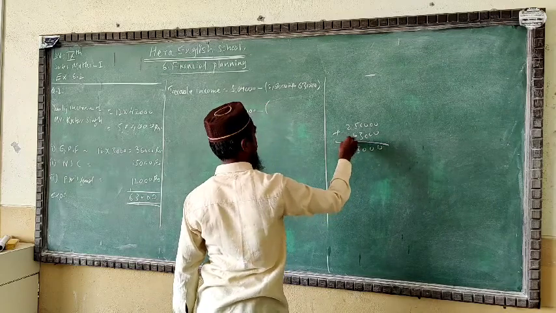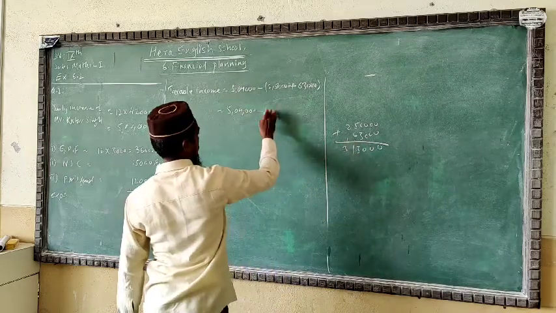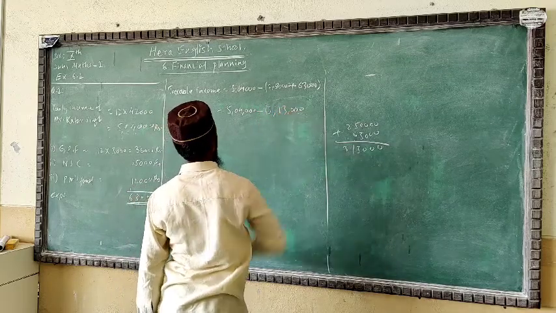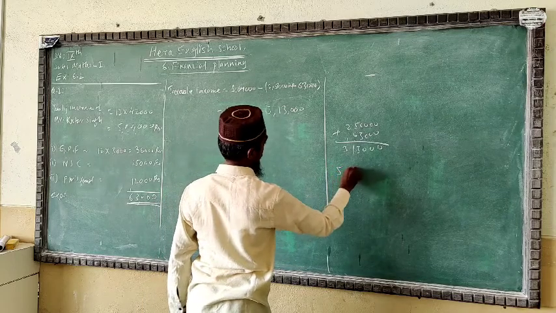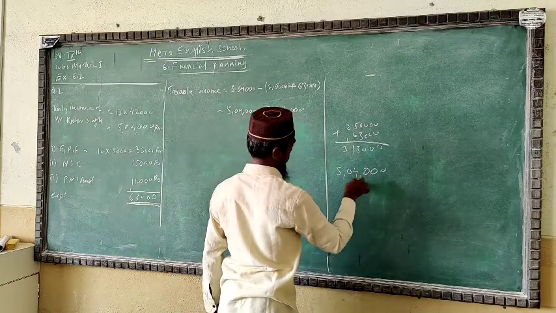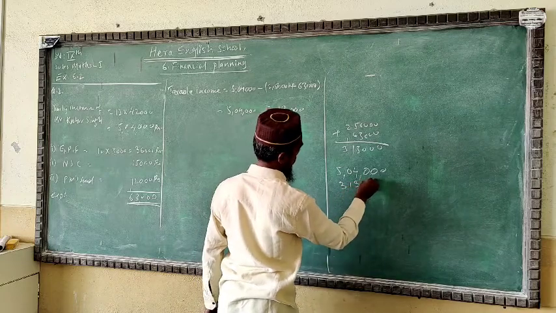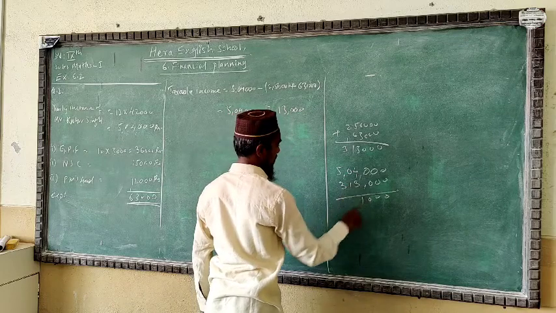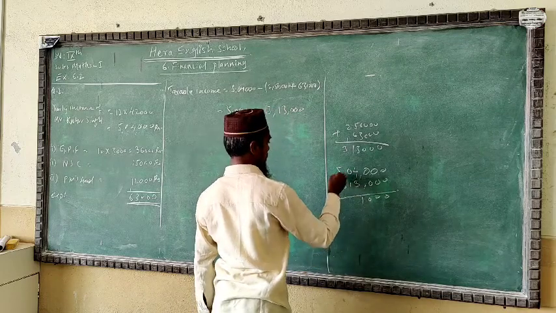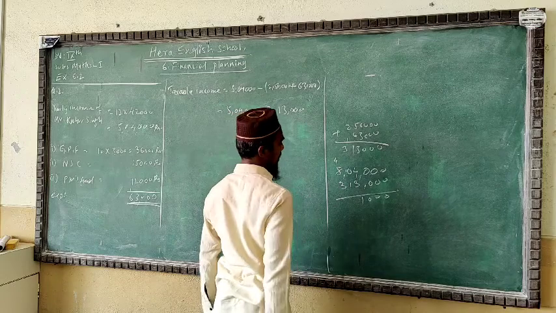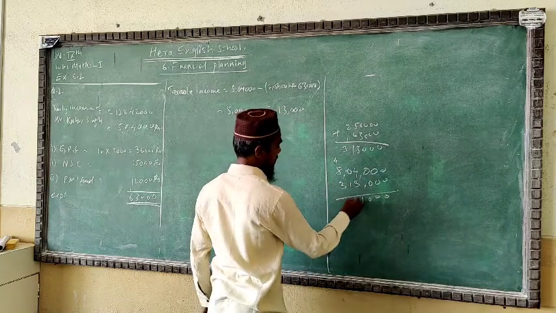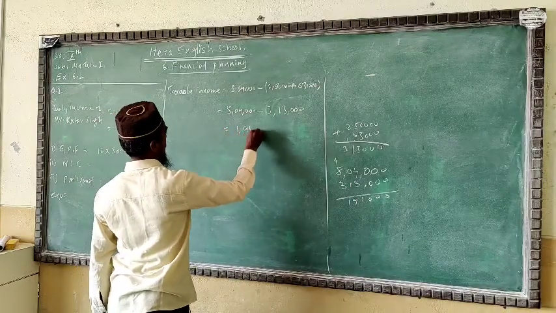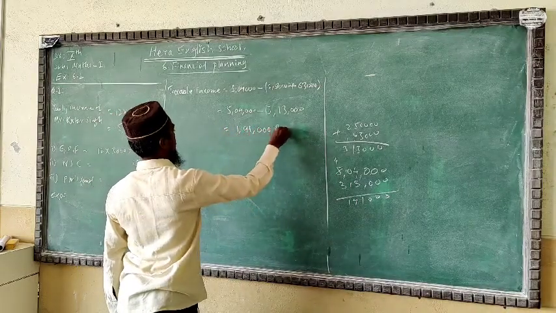5 plus 6 is 11, 313. You will get here 3,13,000. Okay, we'll deduct from the 5 lakh 4,000. 4 minus 3 is 1. Here 5 will cancel from 1. 1 cancel from 5, 1. You will get 10 minus 1, 9. 4 minus 3, 1. We'll have here 1,91,000. It is the taxable amount.